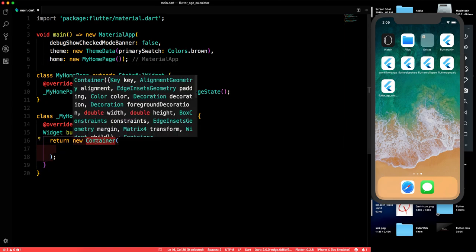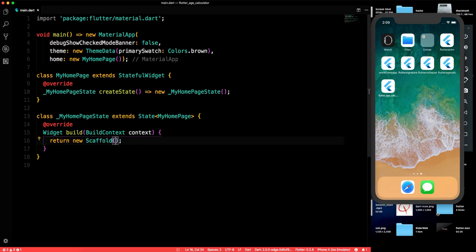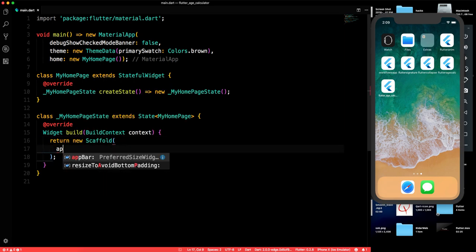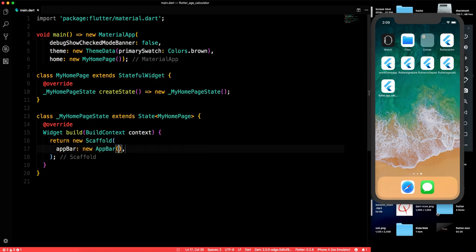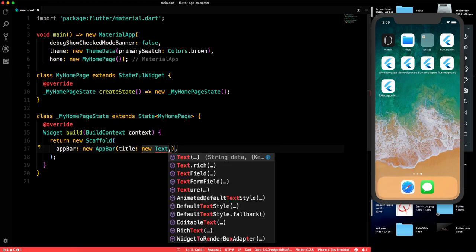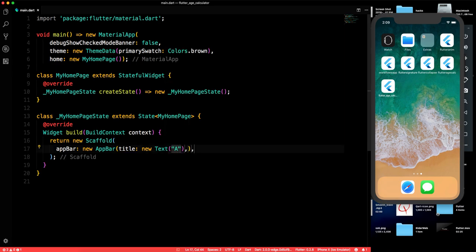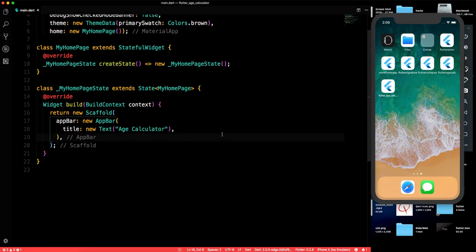Here we have return use container, so we will not use container, we will use a scaffold. And here we can have an app bar, so we can say new app bar, and here we can say title, where we can specify the title of our application, so we can say age calculator. Okay, so let's run this application again and we'll see if